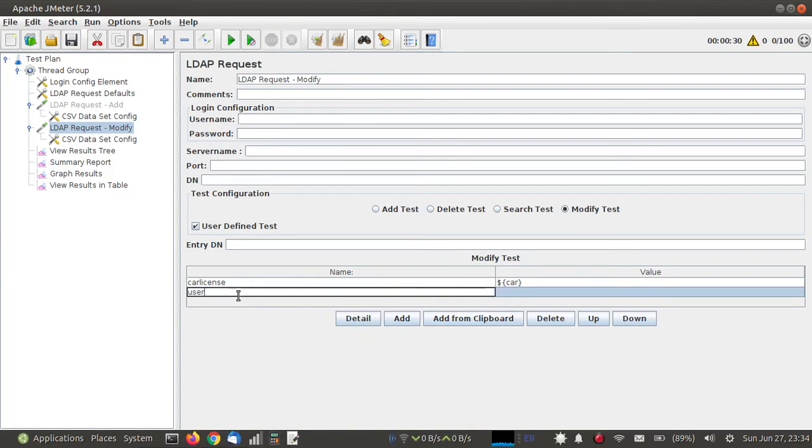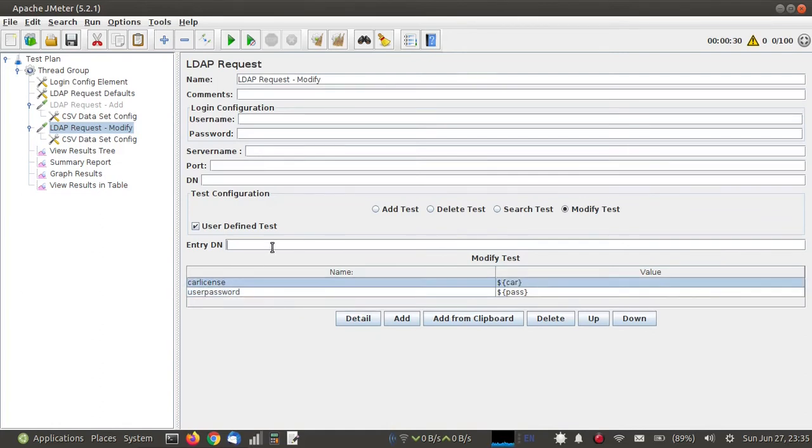Its attribute name is userPassword, and column name variable is pass. Now I need to provide DN. So CN will be same as CN, and OU is users.